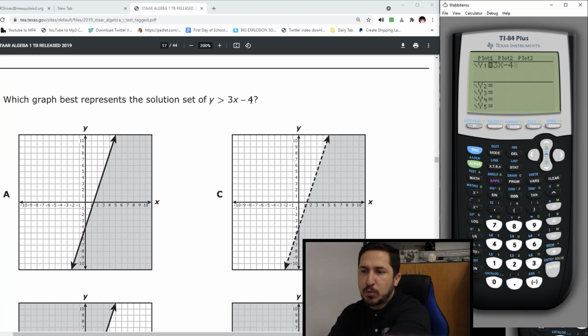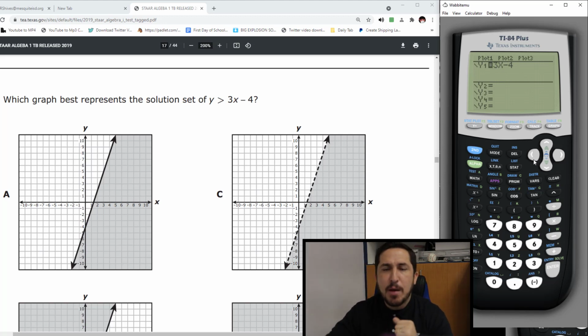Now for the shading, you see this weird symbol right here? Does that symbol make an up or a down? Does it make a P for up or make a D for down? Or does it make an L for losers because losers go down? No, it's not an L for losers going down, which means this graph is shaded up.